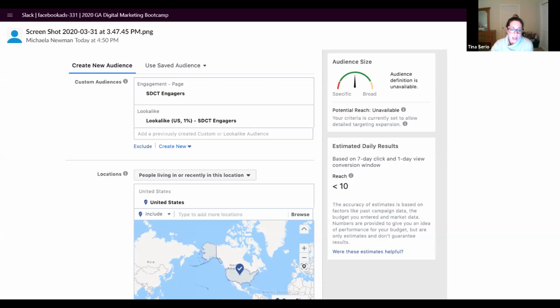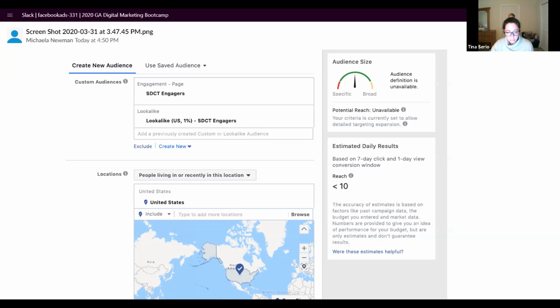You might find that with a lookalike audience of 10%, you're like, wow, fantastic, Facebook did a great job. It really depends on the seed audience and your audience in general and how they interact on Facebook. But you'll want to let the performance data direct you in how you should make changes there.